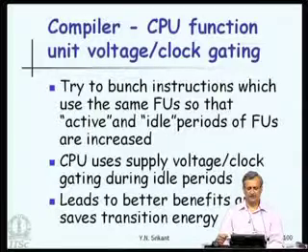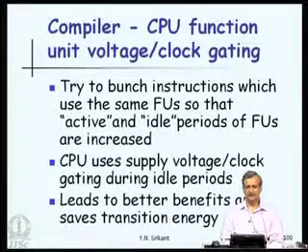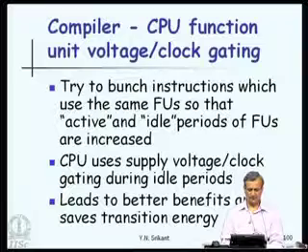Now, the other advantage is, because we have made the function unit busy for a longer time, the idle periods actually add up together. So, idle periods increase and the busy periods also increase. That means, the switching between the active period and idle period has reduced. So, if there were 4 or 5 switches before, now it probably reduces to 1 or 2. Thereby the number of switches reduces and the energy consumed during this switching will also reduce.